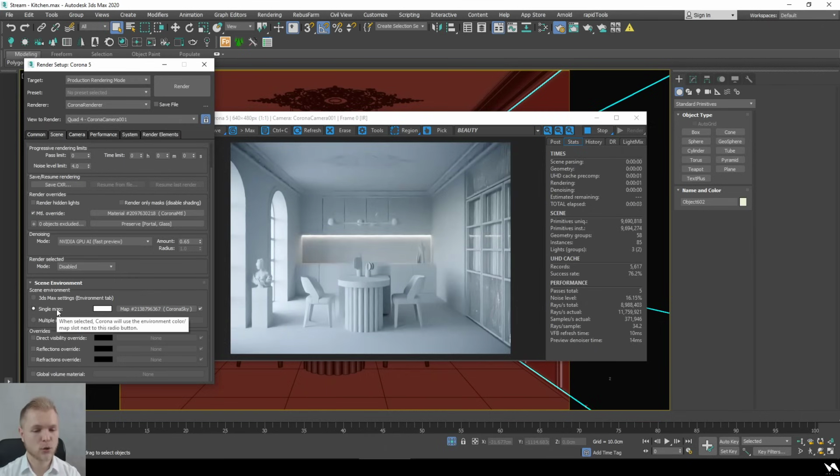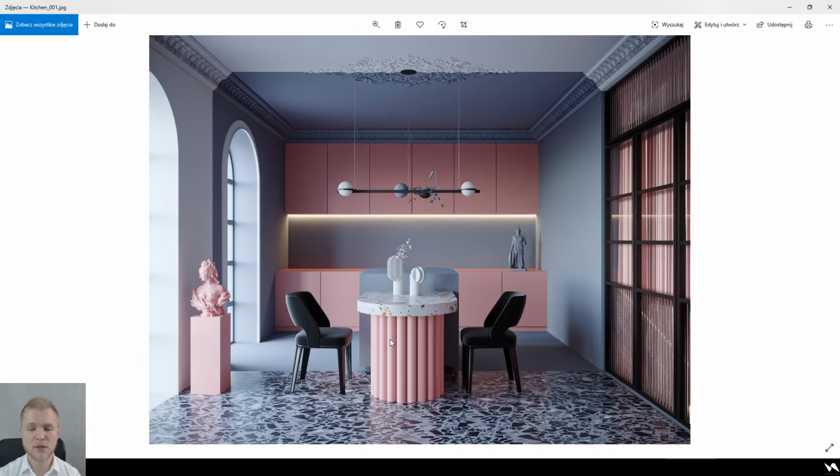By adding Corona Sky to our single map as an environment, we're able to light our whole scene. This is a really basic step. We don't need any kind of light because our reference image doesn't really require it. The only